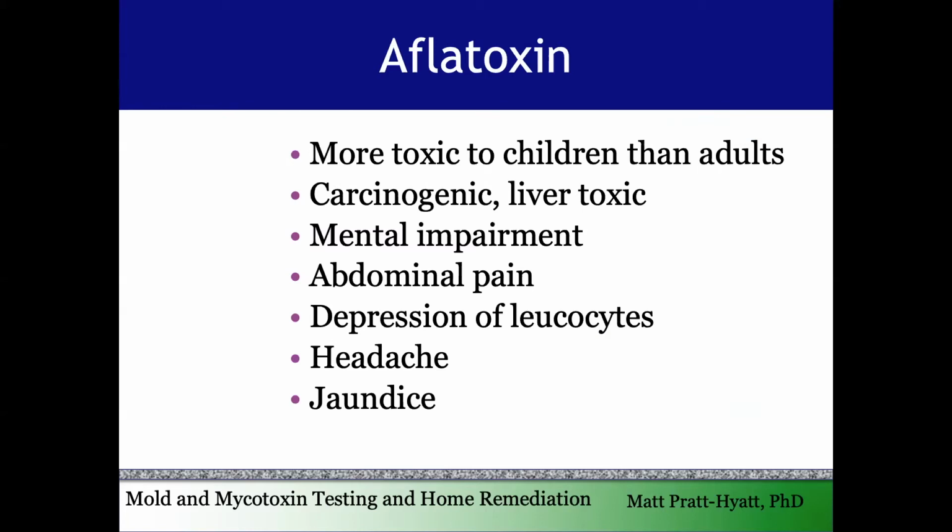And the reason for this is that children don't make as much glutathione as adults do. And that's because of the genetic changes the liver goes through during adolescence. You go from not really producing any glutathione as a child, and then through adolescence, you see genetic changes in the liver, which allows the liver to change into a more detoxified organ. So this really occurs in adolescence. Aflatoxin can cause lots of mental impairments, abdominal pain, depression of leukocytes, headache, jaundice,